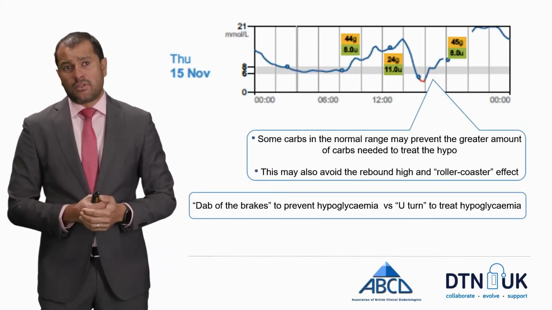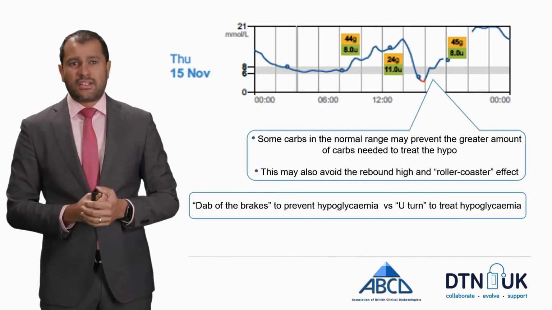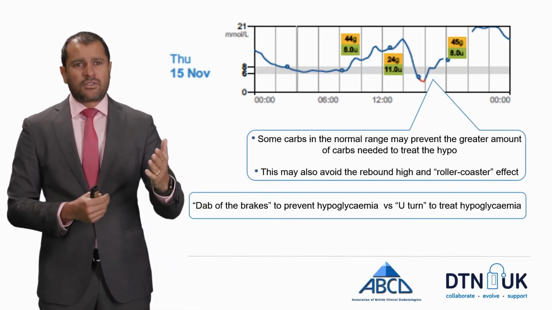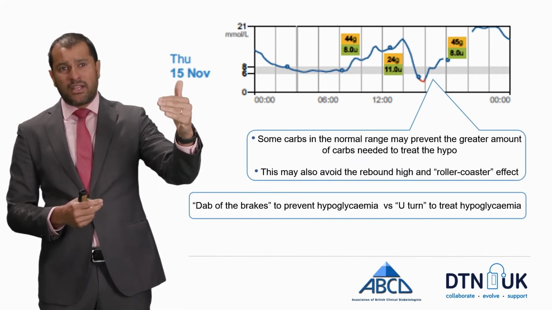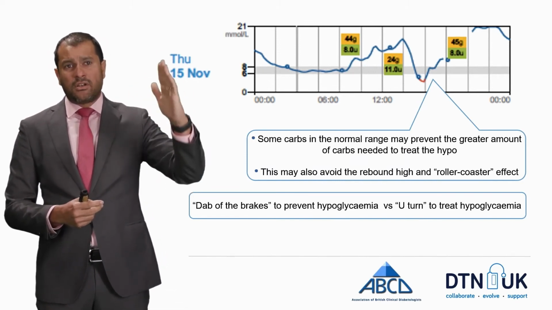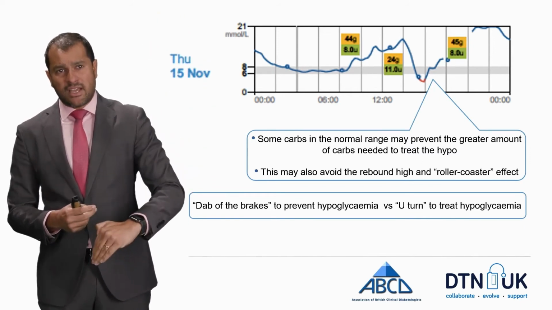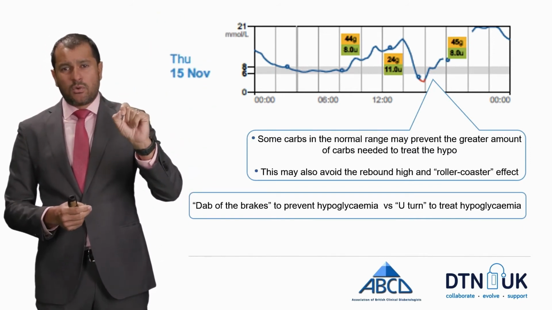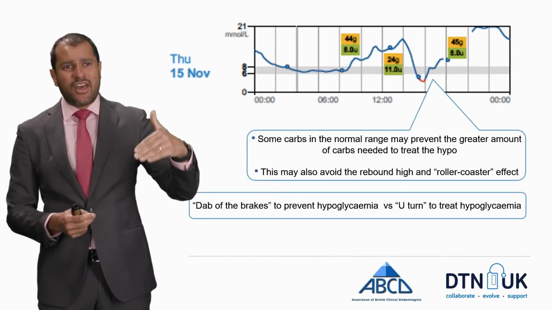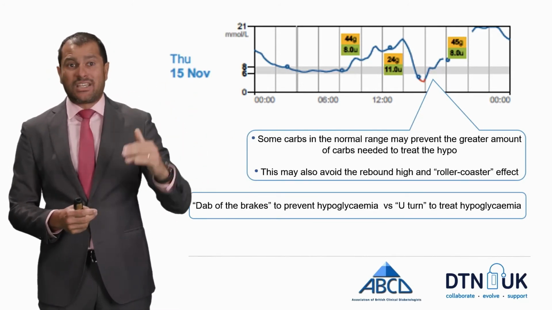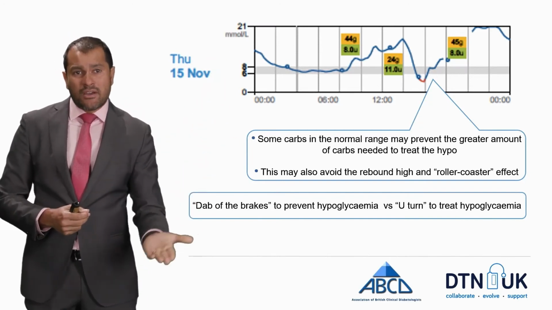And this is just an example of what happens if you don't do that, in a sense. You can see here the blood sugar was a little bit high. The patient had a meal and a correction dose. You can see the blood glucose went up and then came really fast down. You can see that little dot, which shows the patient scanned, but maybe didn't take any action at that point. When they scanned, the glucose was about 6. And you can see that it dropped down about 10 minutes later.